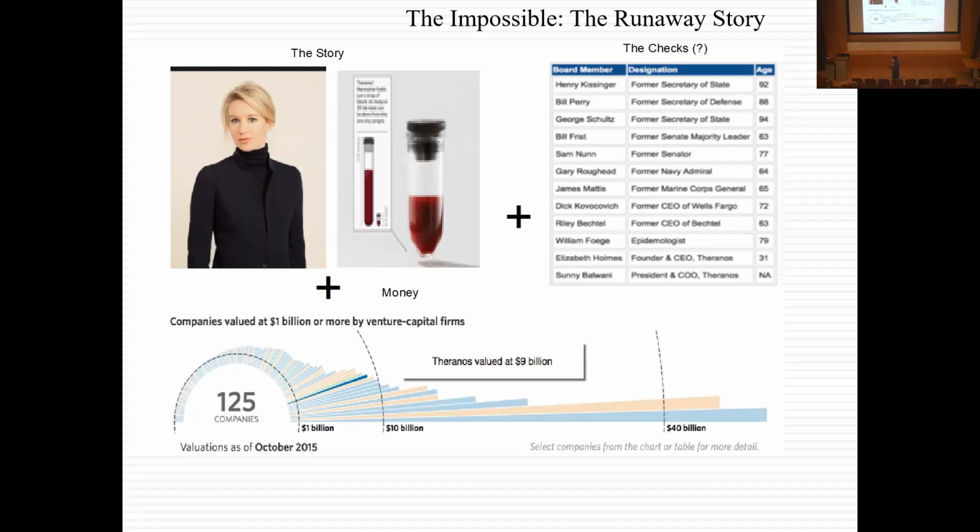I mean, if you were creating a board, one way to create a board that will never ask you questions is pick a bunch of 80 to 90-year-olds, put them on the board, call for a board meeting, have pillows in front of each chair just in case they fall asleep. Perhaps an ambulance as backup. This is a board, I mean, what is Henry Kissinger doing on a board of a blood testing company? He's probably asking questions about the Iron Curtain and what it means for blood, but he's not exactly the authority you look for.